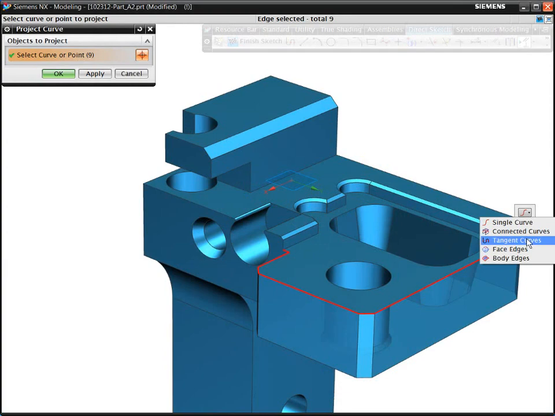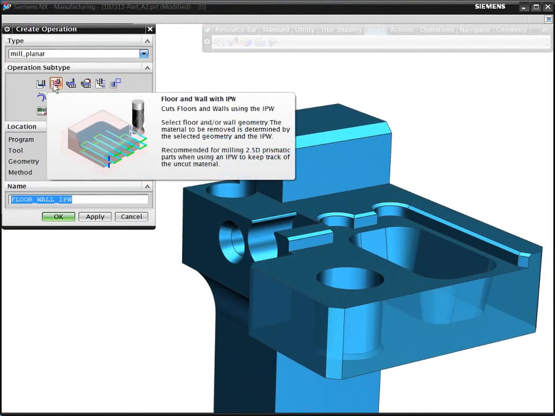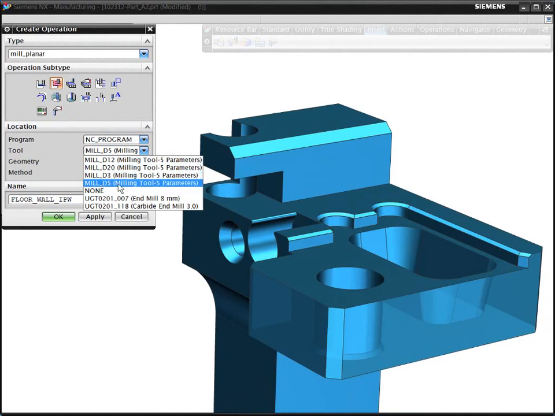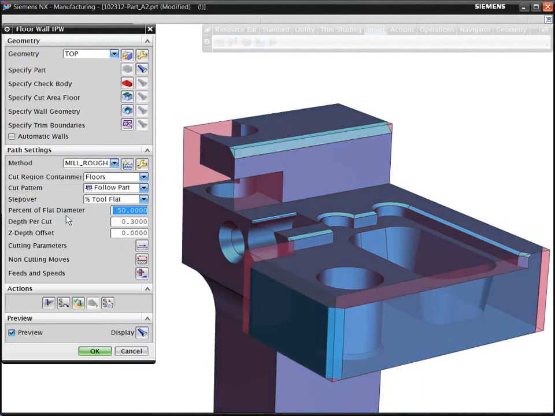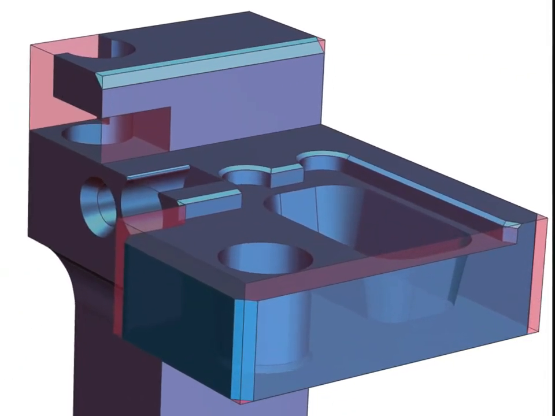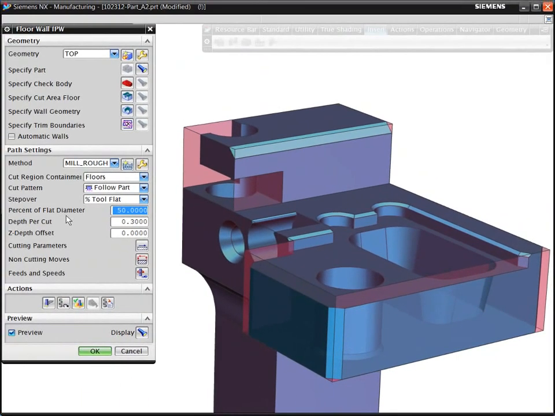With the volume-based milling in NX, you can program faster using smarter technology that works in the context of the solid model. To demonstrate this new approach, we will program the open pocket on the top side of the part. A key point to note immediately is that NX automatically tracks the status of the uncut material from previous operations. You can see this displayed as a translucent material. We refer to this shape as the in-process workpiece.